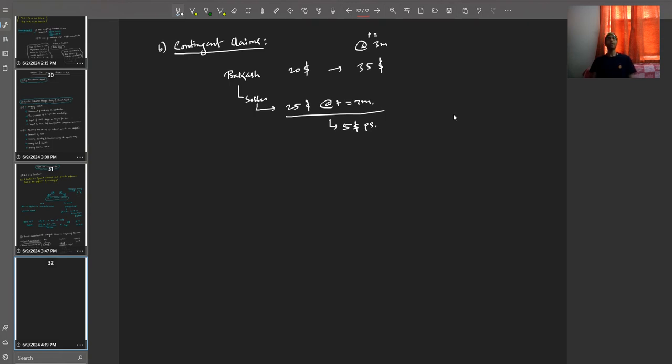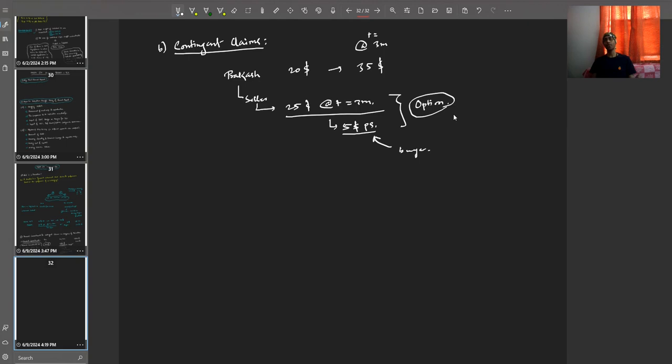So this kind of a derivative contract is called a contingent claim, and what the example that we took right now is basically a form of an option. This is what we call a stock option. So Prakash has created this stock option which is selling at a margin of $5 per share. Now if the buyer pays this amount to Prakash,